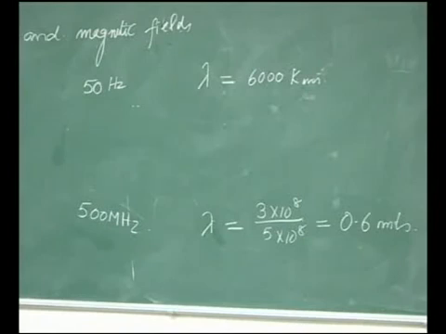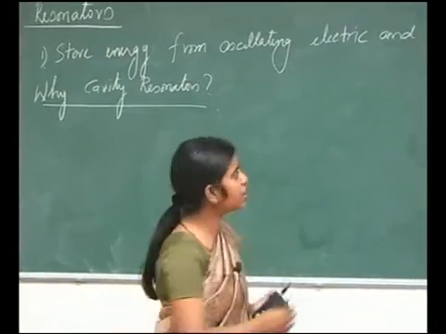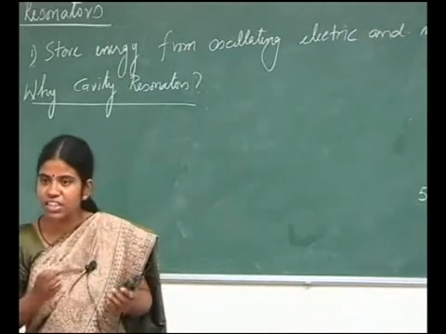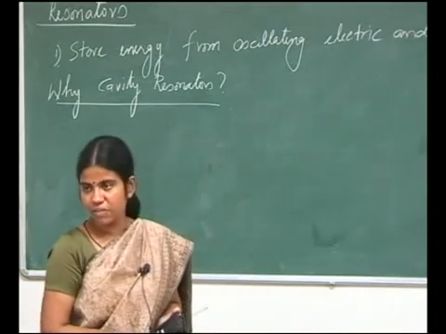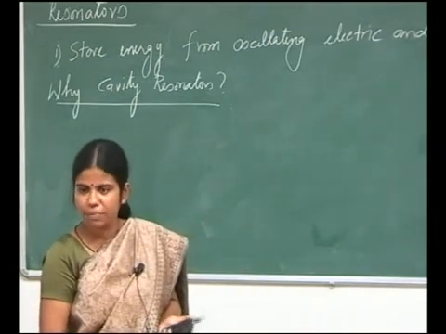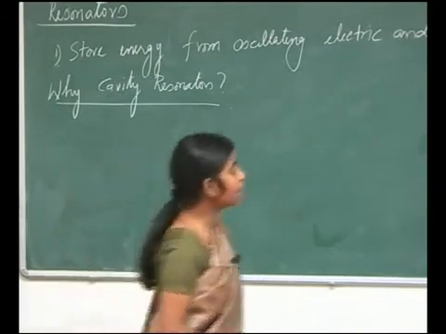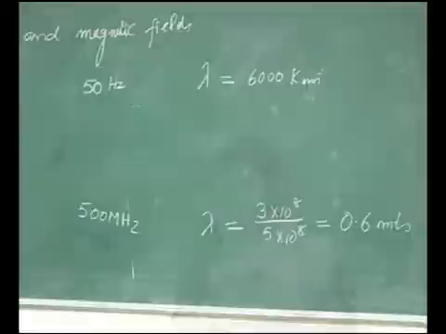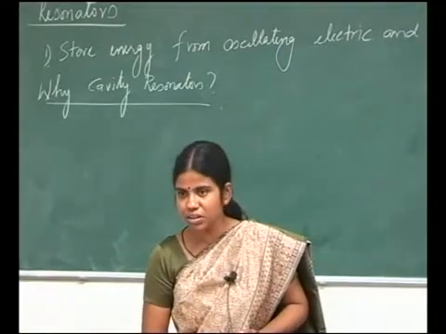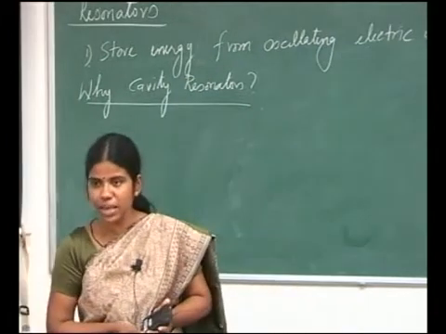But there is actually a big problem, because when I design my circuit at 50 hertz, I can never design a circuit which is more than 6000 kilometers. Have you ever seen one circuit which is more than 6000 kilometers in length? I have never seen. If you have seen, you can tell me. Even the biggest circuit on earth at 50 hertz will not be 6000 kilometers. But I can definitely make a circuit which is more than 60 centimeters long. A big circuit in a big device in a big system could be more than 60 centimeters. Okay. So where is the problem?